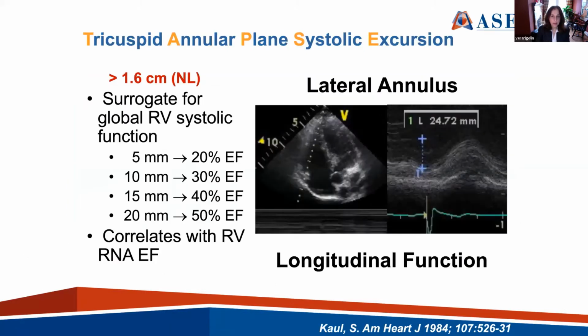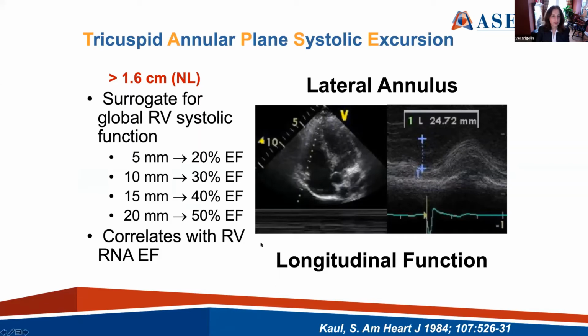Now, what about TAPSE? The way we do TAPSE is we place an M-mode cursor at the annulus of the tricuspid valve. We turn on our M-mode recording to look at the excursion of the annulus, and then we measure from the nadir to the peak of that excursion. A value of greater than 1.6 centimeters is considered to be normal, and anything less than that is suggestive